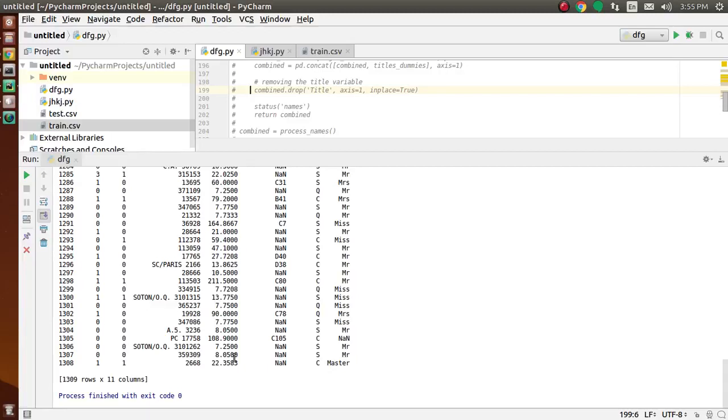For example, if the passenger is female from Pclass 1 and royalty, the median age is 40.5. And if the passenger is male from Pclass 3 with a Mr. title, the median age is 26.